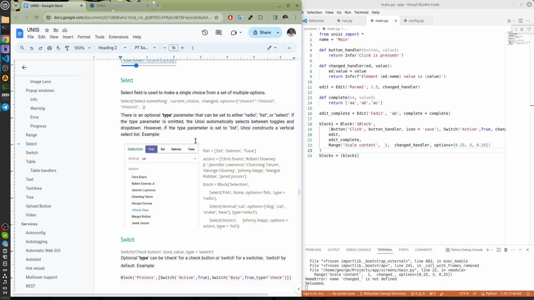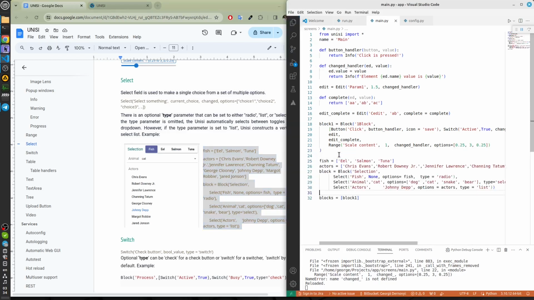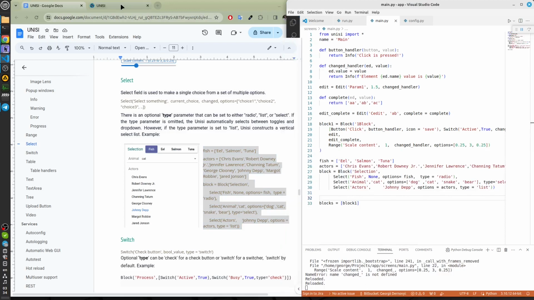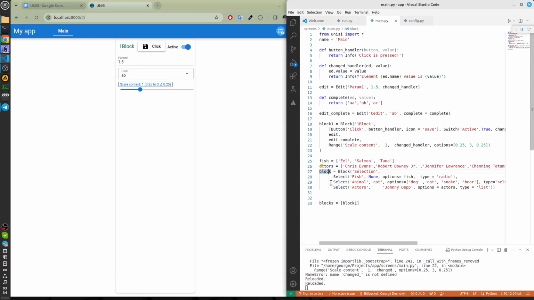A handler can be absent, as usual. Let's copy the code and look closer. Switch to the screen. We have 3 selects. They are of different types. Let's add a new block to our screen blocks.